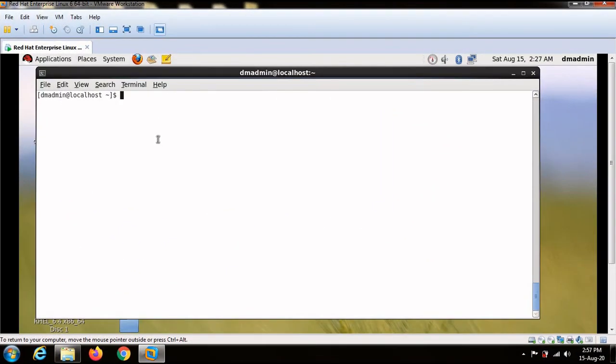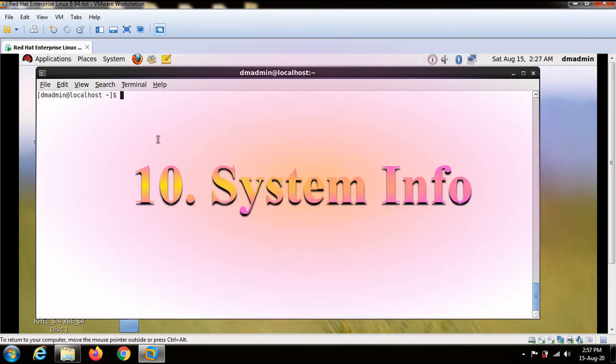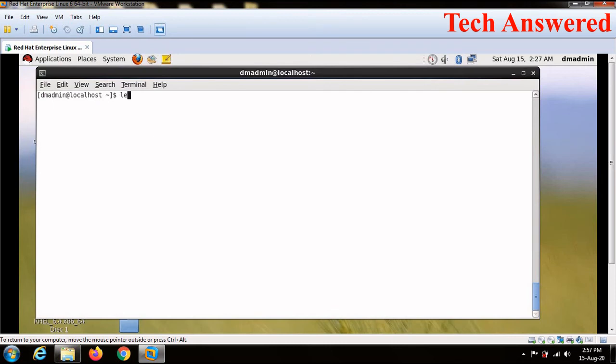The next command that we are going to see will give you more information about your Linux machines. For example, if you want to check your Linux configuration, you can use the less command on etc release. It will say you can do redhat-release. Because this is a Red Hat system, you can check the configuration in redhat-release. It will show you Red Hat Enterprise Linux Server 6.4, along with the distribution.